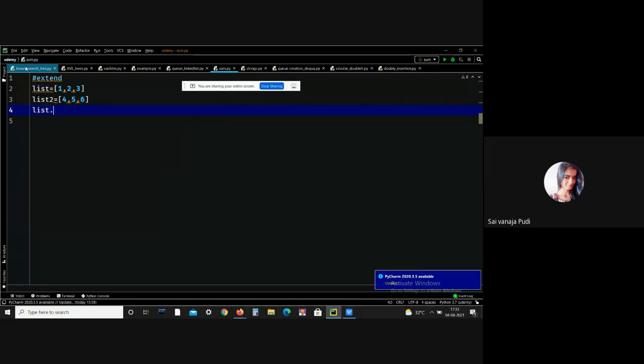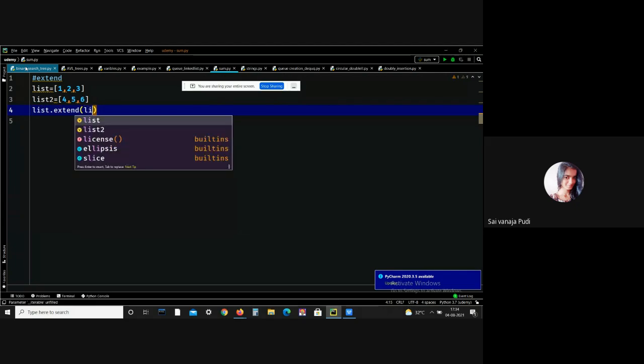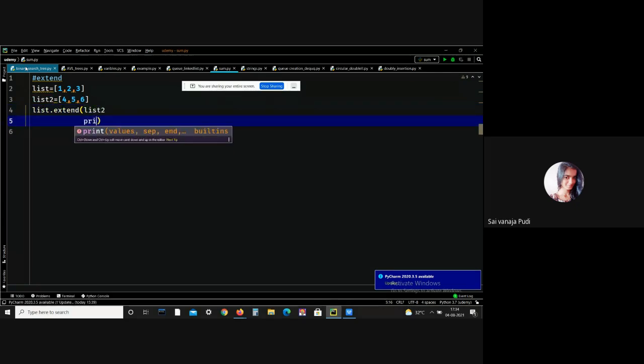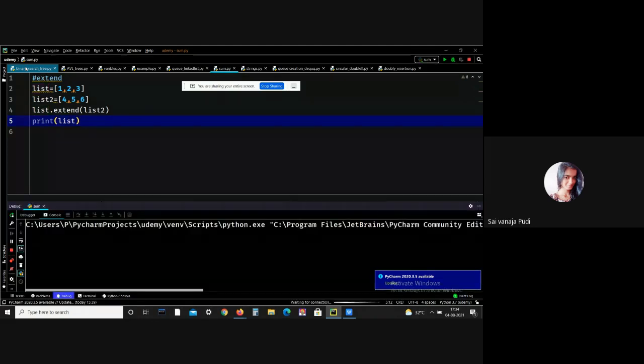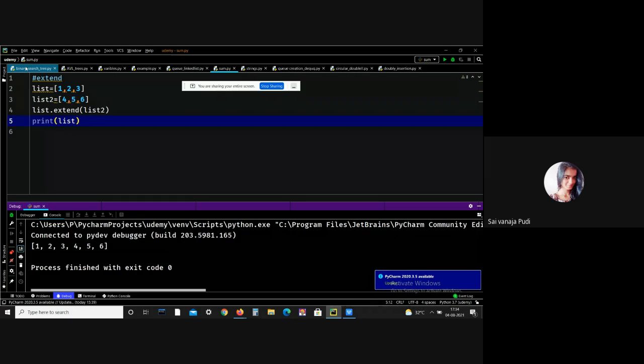Okay, list 1 dot extend of list 2. Let me print list 1. See, we got the output 1, 2, 3, 4, 5, 6, meaning both lists are combined.